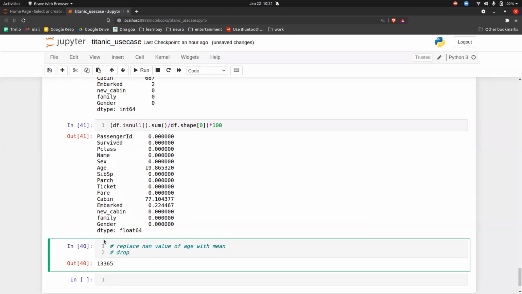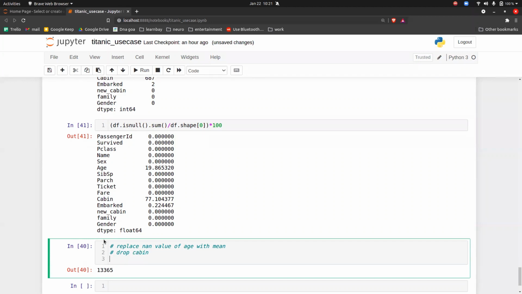Drop the cabin column, and replace none of embarked with mode.